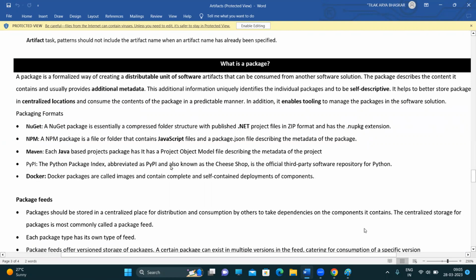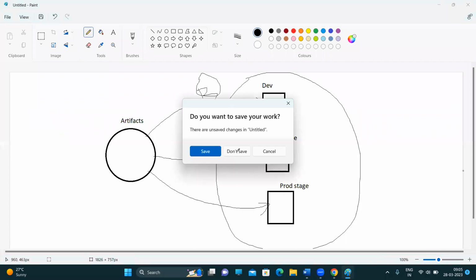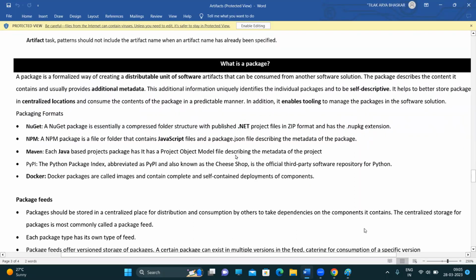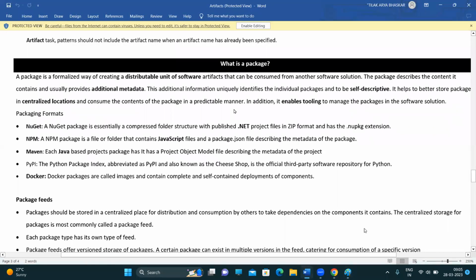See, what are we getting based on your, let me go back here. We will understand a little more in-depth knowledge of artifacts. Why do we need to generate the artifacts? And what are the different types of artifacts and packages we're going to get, and how to create a feed by